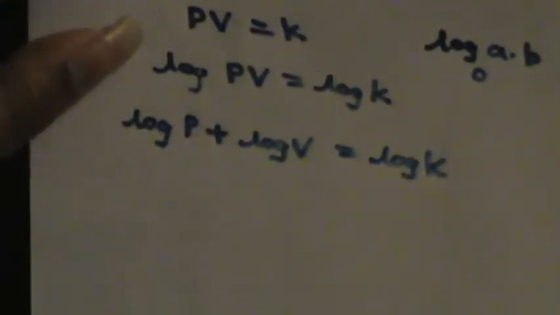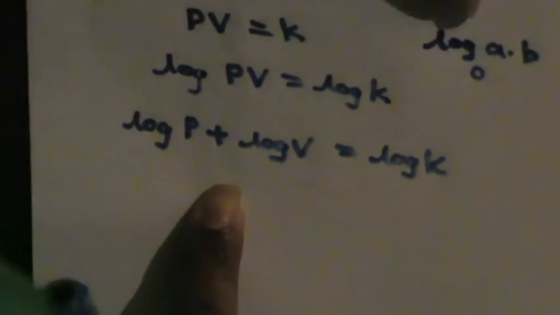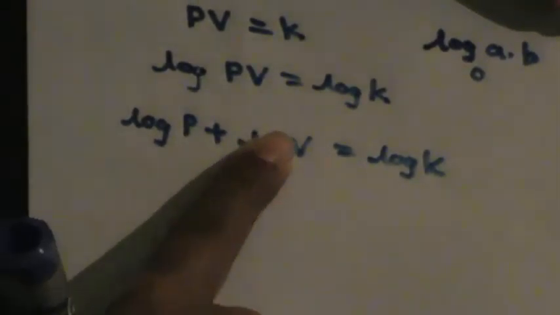So that is equal to log value of K, right? Log value of K. So if log value of P plus log value of V is equal to log value of K, we are drawing the graph taking the y-axis as log P and the x-axis as log V. So we are changing V, and we can change log V, and we are understanding the behavior. What happens to the value of log P when we change the value of log V? So log V is the independent variable and log P is the dependent variable.